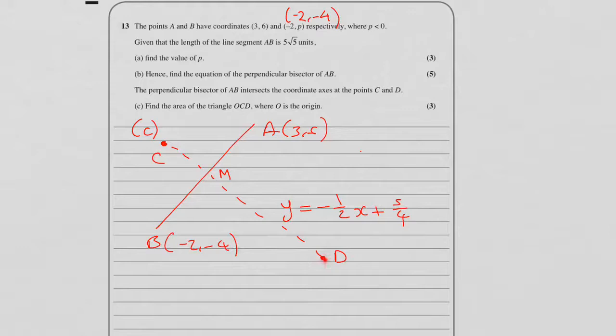So down here, what happens when y equals 0? And here, what happens when x equals 0? Okay, so into my equation, I'm going to look at if x equals 0. Well, if x equals 0, I can just cover this bit up and I get 5 over 4. And if I let y equal 0, then I'm going to bring the negative 5 over 4 here, divide by negative a half. So if y equals 0, I end up with x equals 5 over 2. So I get a method mark for